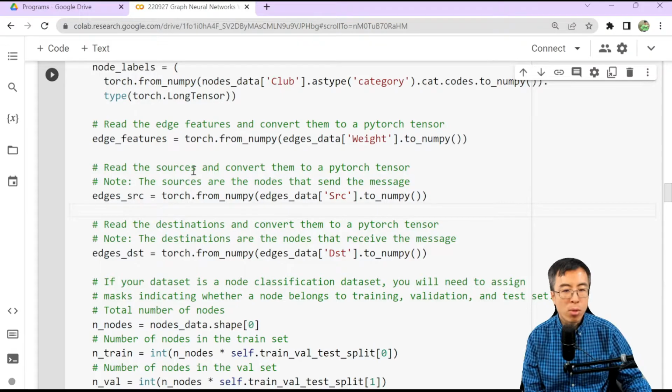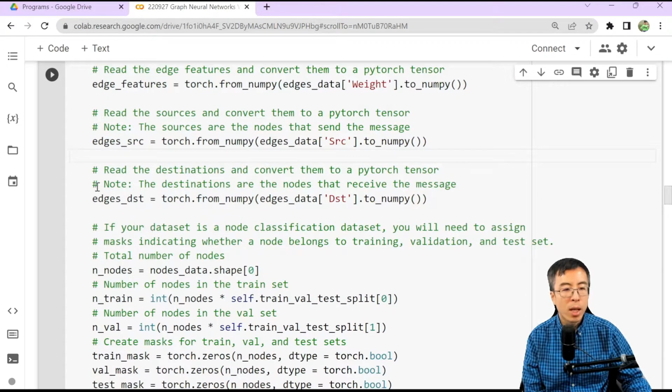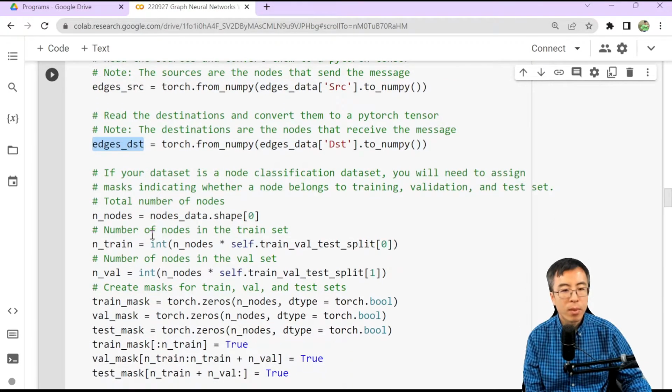Here we read the sources and convert them to a PyTorch tensor. So the sources are the nodes that send the message. We call it edge source. And similarly, we can read the destinations and convert them to a PyTorch tensor. And the destinations are the nodes that receive the message. And we'll call them edge destination.